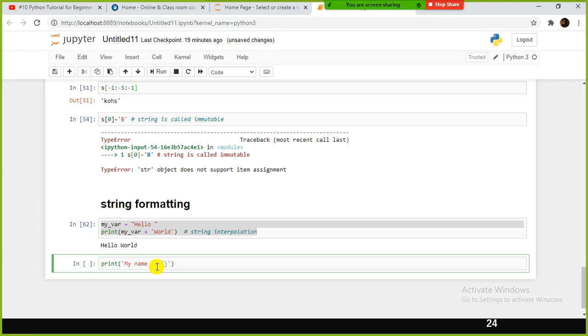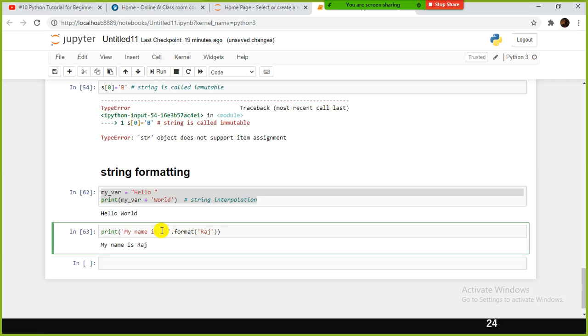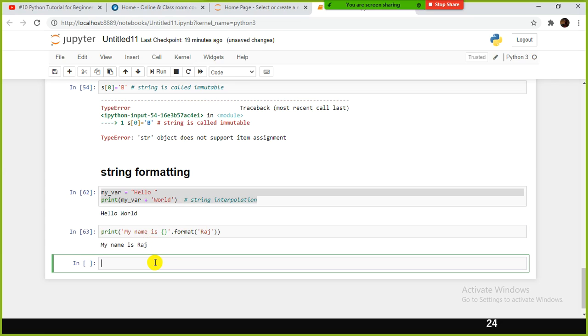You need to leave a placeholder using curly braces, followed by format, Raj. This one will get injected inserted inside this string itself. My name is Raj. You can use the format method to do that.